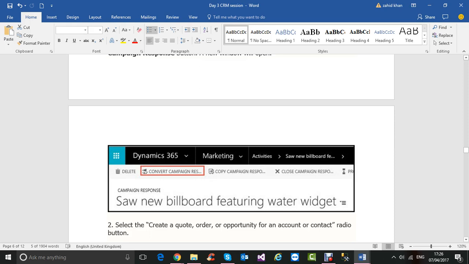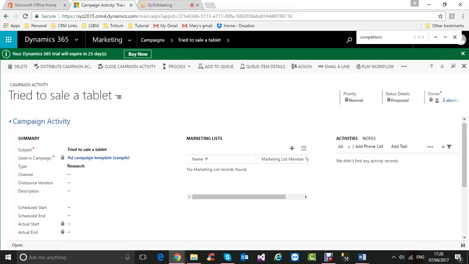Okay, convert campaign. So basically, from this campaign activity, you can change it to opportunity as well. But somewhere distribute campaign activity, close campaign activity, process, add to queue, item details, assign to